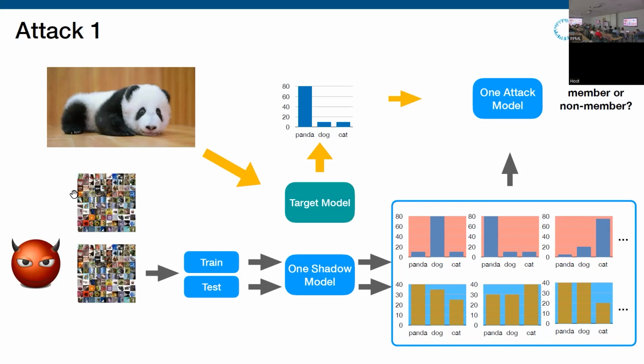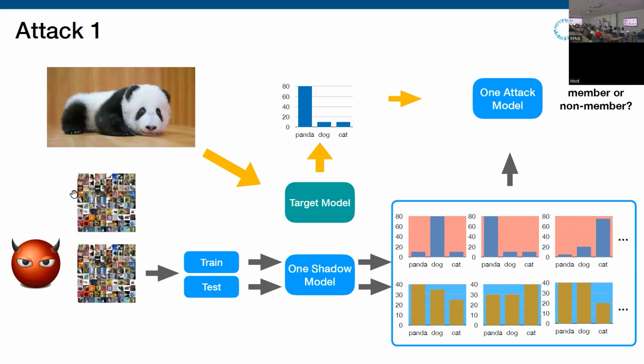Remember, I mentioned membership inference is a sample level attack. For a sample level attack, normally one shadow model is enough. However, if your attack is a model level attack, where I want to know, for example, how many samples are used to train a certain model, in that case you also need shadow models, but you need many of them, each with a different size, to simulate the situation. So this is like a macro level and a micro level.